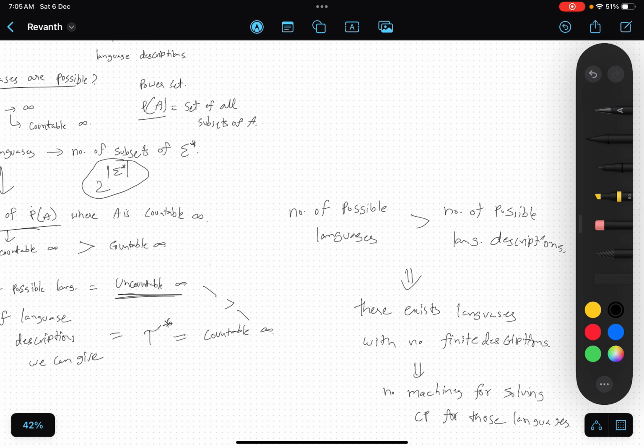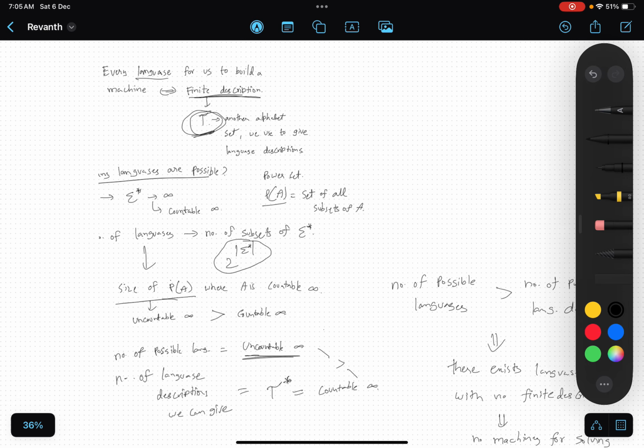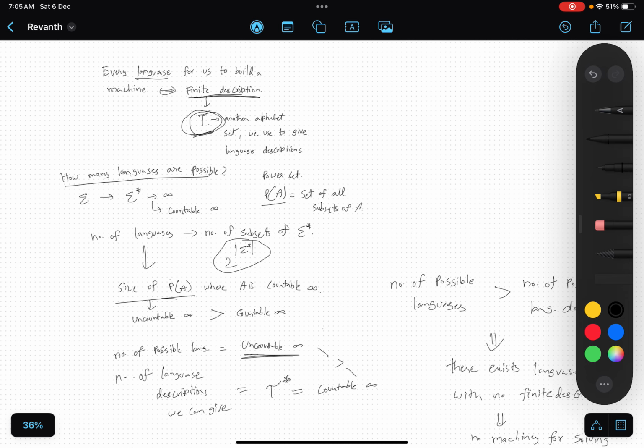Right? Let me explain this once again. The number of possible languages is basically the number of subsets of sigma star. Sigma star is countable infinite, which makes the power set uncountable infinite, so the number of possible languages is uncountable infinite. And the number of language descriptions we can give is all the strings that we can generate using tau, another alphabet set we use to generate language descriptions, right?